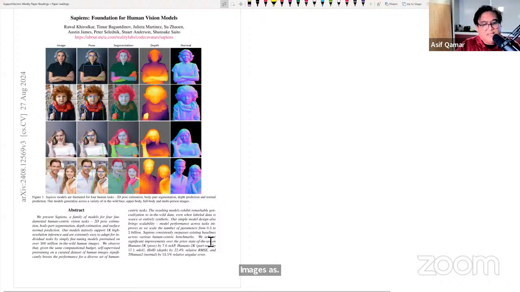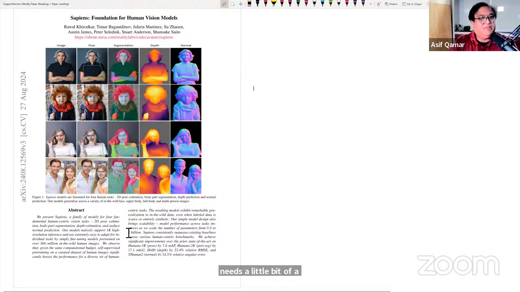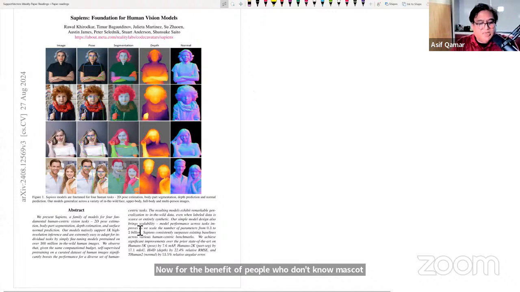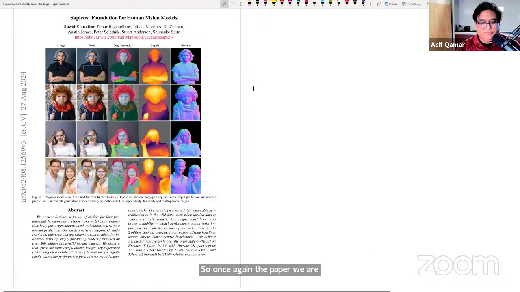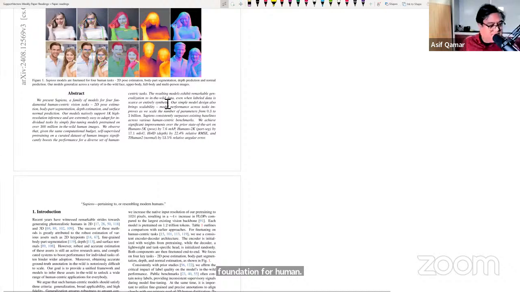This paper needs a little bit of background. You need to know masked autoencoders. For the benefit of people who don't know masked autoencoders, I'll give a small background on masked autoencoders as we make progress with this paper. So once again, the paper we are talking about is Sapiens, Foundation for Human Vision Models. The word sapiens, as these authors point out, refers to